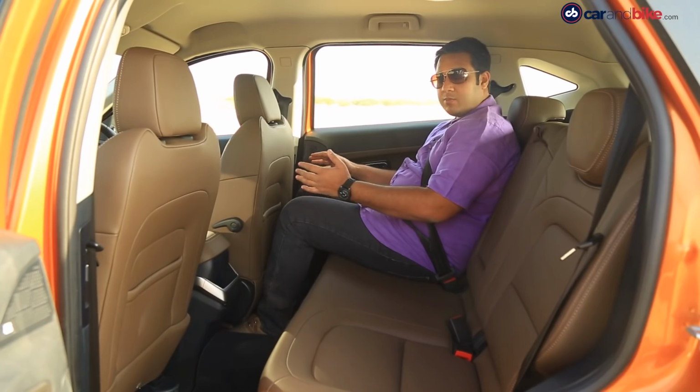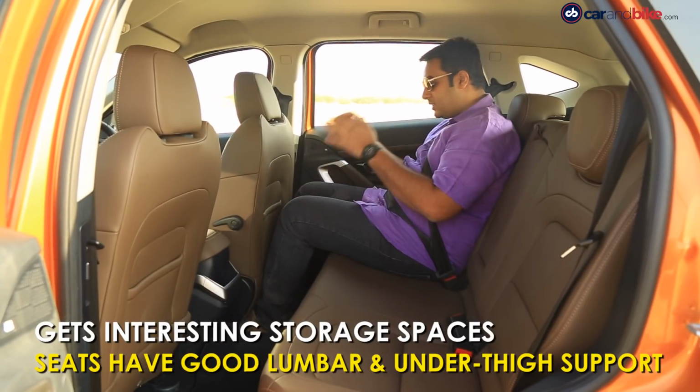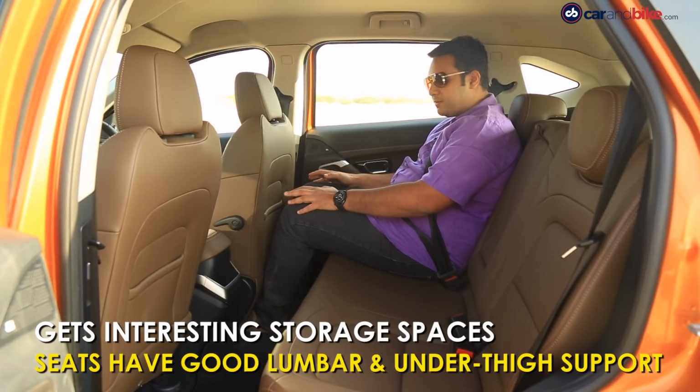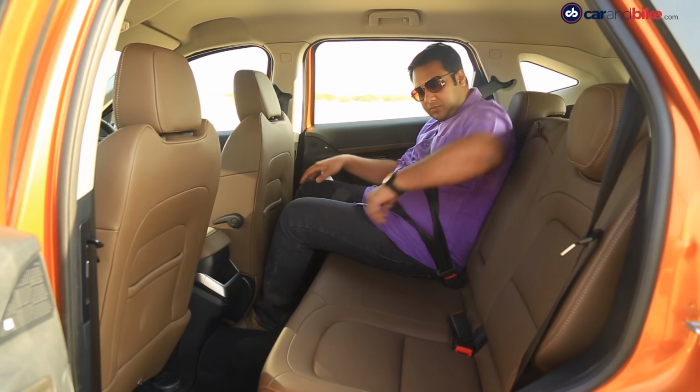Now back here, there's enough and more space for me. There's enough and more knee room. I can easily fit here. Enough and more headroom as well. So no problems as such, and a good under thigh support as well. And there is this,